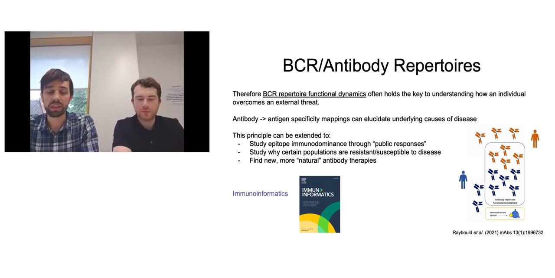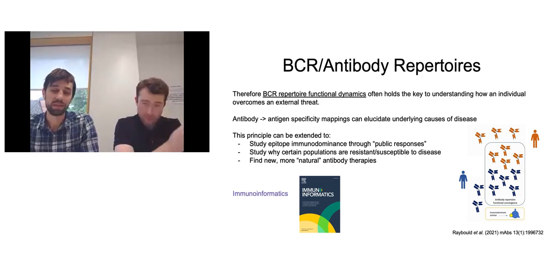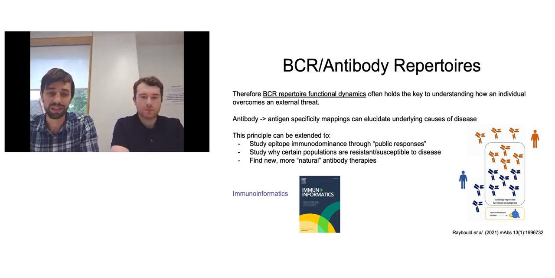And increasingly, these repertoires are providing templates for drug discovery, given that these are naturally produced, so there's a lot of low immunogenicity that might come naturally from them. So there's a lot of pharmaceutical interest in the idea of studying these repertoires. And this whole field is called immunoinformatics, which is really starting to grow and mature into its own field, as it's the computational study of the data on these repertoires.